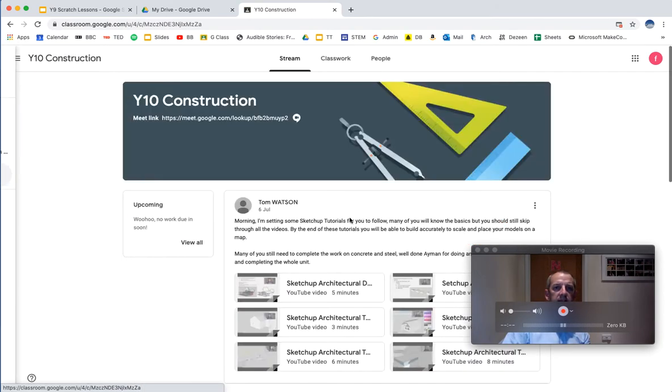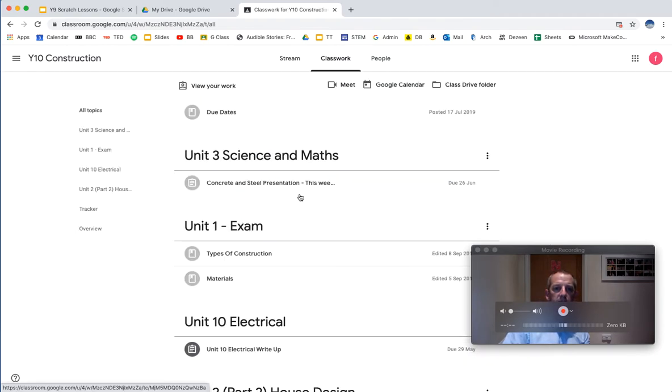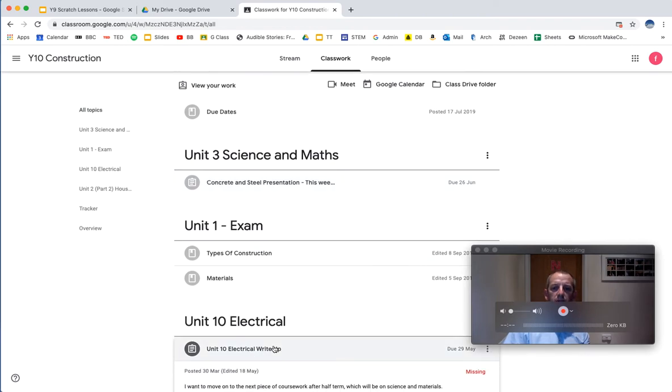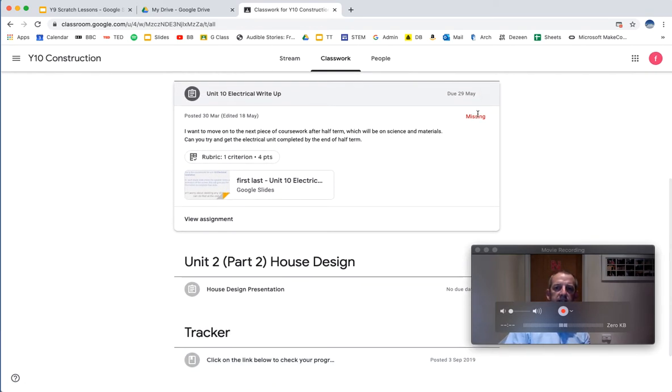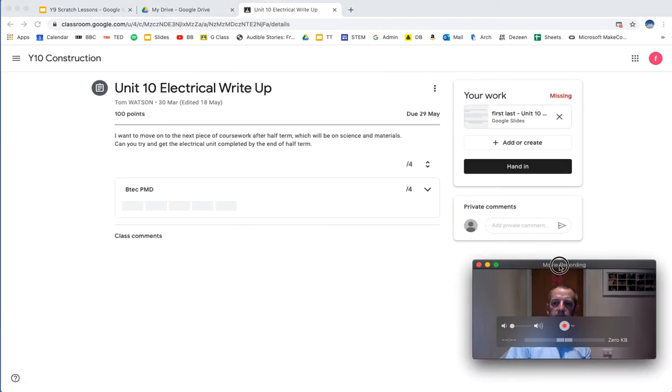So I'm going to go back into the Year 10 Construction class, I'm going to go into the classwork. And I'm going to look at the Science and Maths presentation. I think I'm going to look at the electrical. You can already see it says missing here because there's a due date attached to that one. So that's missing. Now, if you notice here, I haven't created anything yet, but this one, rather cunningly, comes with